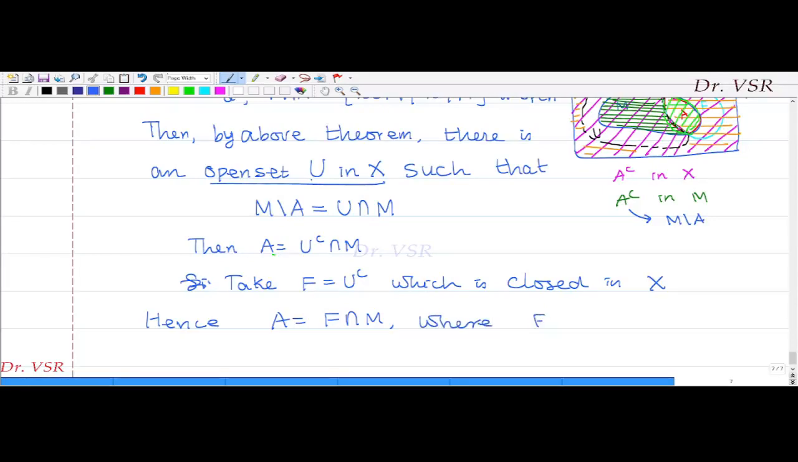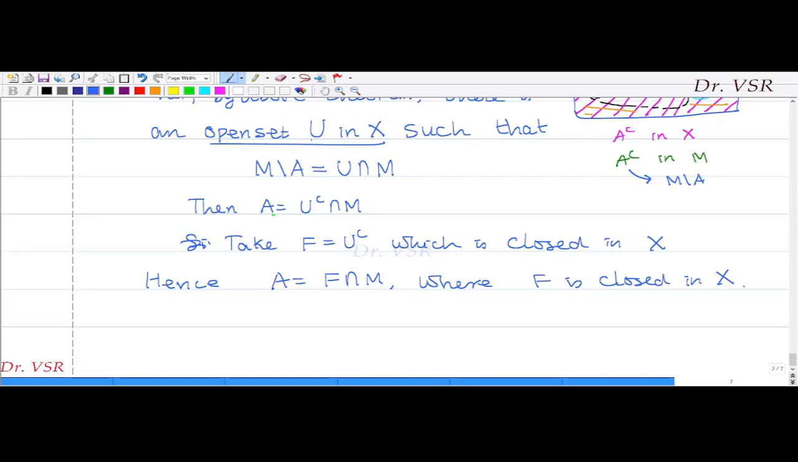where F is closed in capital X. So I have proved one way: that is, A is closed in M implies that there exists F closed in capital X such that A can be expressed as F intersection M. OK, so we'll go for the converse part. Conversely,